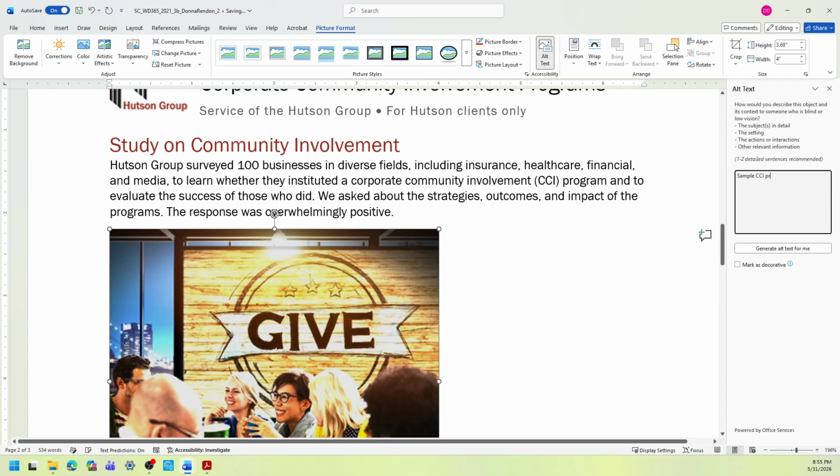Program is a small letter. Make sure that you type it correctly. If it's a capital letter, then type it capital letter. Small letter program. Okay, sample CCI program. Then select X.